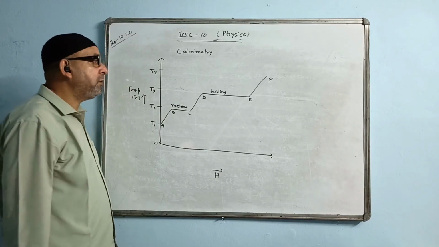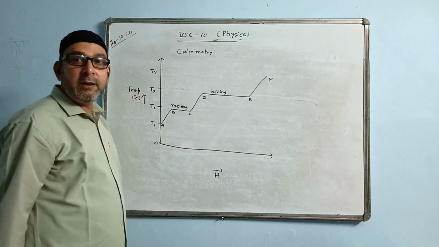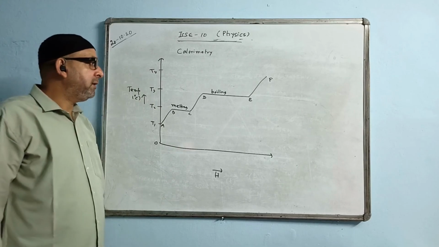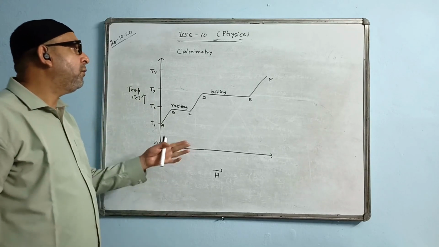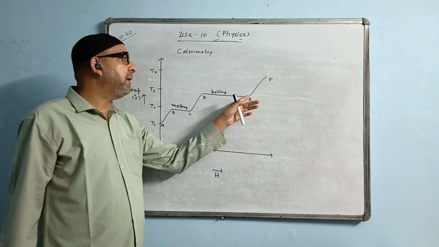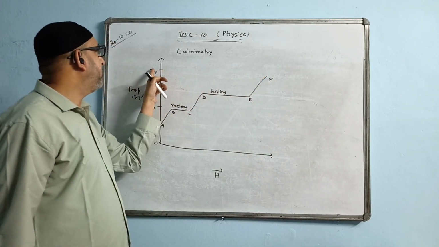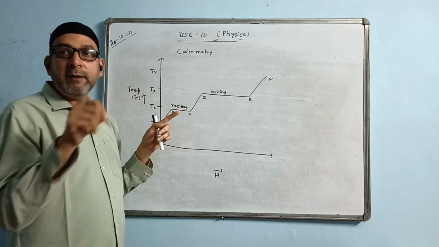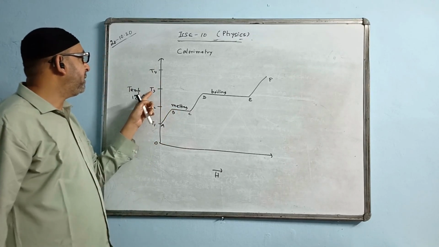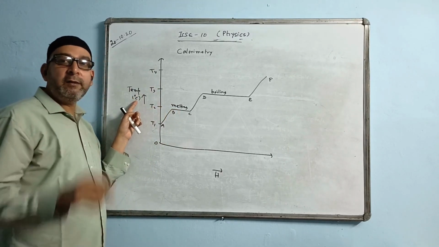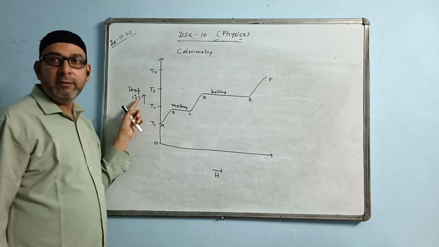This type of question also may come in ICSE for 2 or 3 marks. Like that, even they may ask what is the rise of temperature of the vapor? So this state is the vapor state. What is the rise of temperature? T4 minus T3. They will be writing in terms of alphabet. T4 minus T3, but unit is given here, we will follow that unit there.